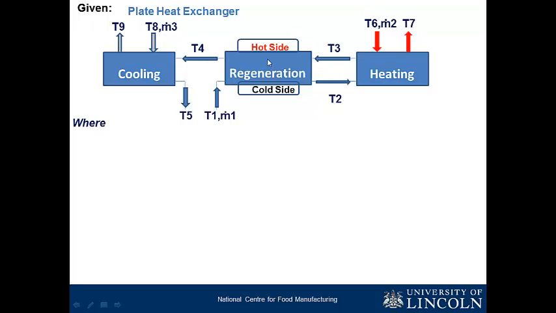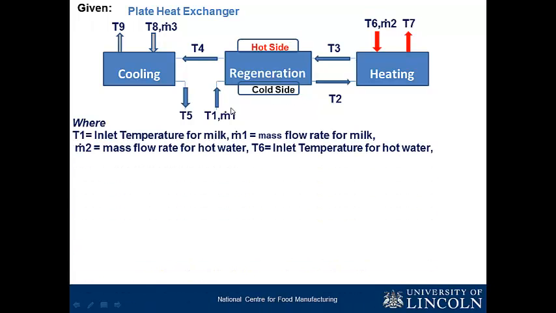There's going to be a form of heat exchange in this section. Heat is going to be transferred from the hot milk to the cold milk so as to preheat the cold milk. The only sense of that is to reduce the energy requirement at this section. So the operating cost of the machine goes down, which is very good for the environment. We know that our T1 is the inlet temperature for milk, and M1 is the mass